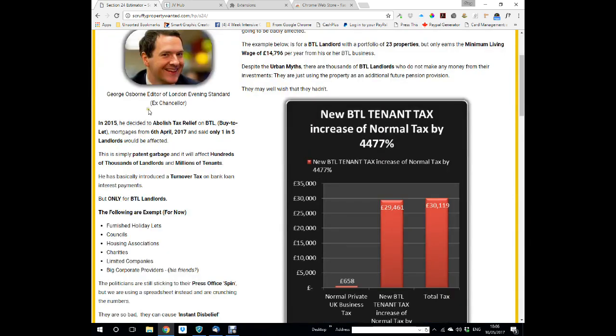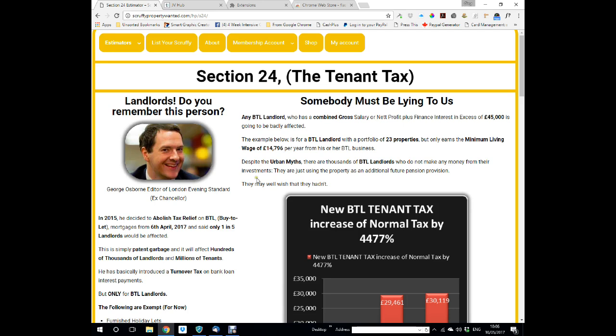It's more of an introduction, and it basically says Section 24, we as landlords call it the tenant tax. And it says, landlords, do you remember this person? And there's a picture there of George Osborne, who's now editor of the London Evening Standard, but he was actually the Chancellor of the Exchequer. In 2015, he decided to abolish tax relief on buy-to-let mortgages, and from the 6th of April 2017,